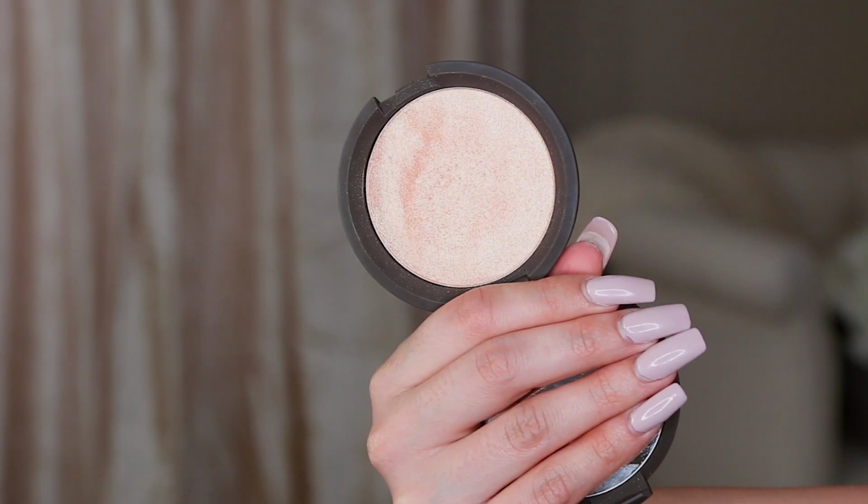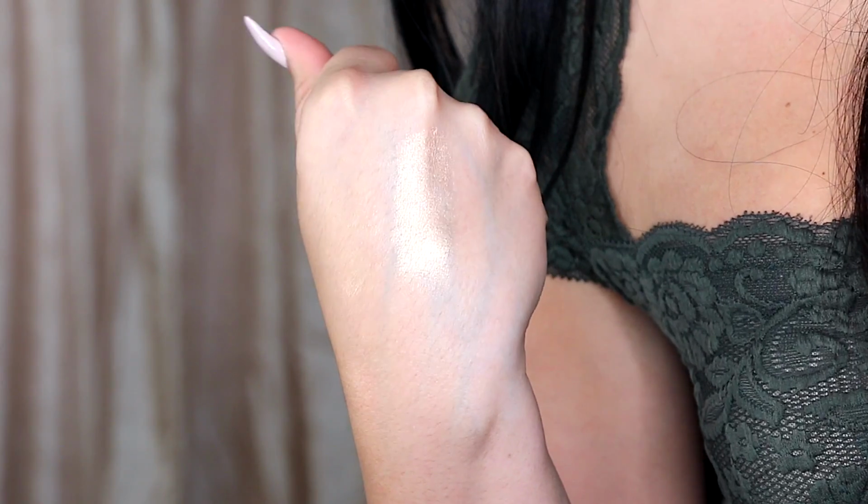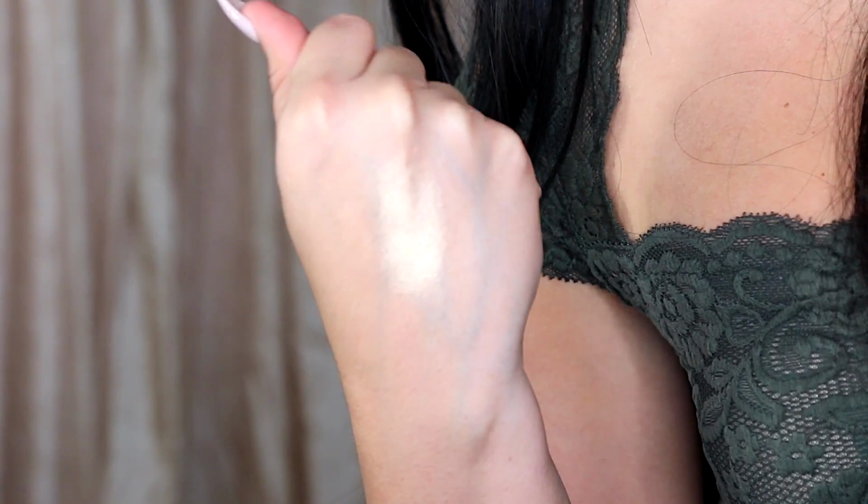And I used it in my strobing tutorial so you guys can see it in action. I'll link that video down below if you haven't checked it out yet. So this is the highlighter I used for that tutorial and it's just beautiful. In the pan, it looks kind of like an amber peachy gold color and I was like, oh, I don't know how this is going to look on my cheeks, but once you put it on the face, it just looks so radiant. And it's crazy because since it does look darker in the pan, I didn't think it was